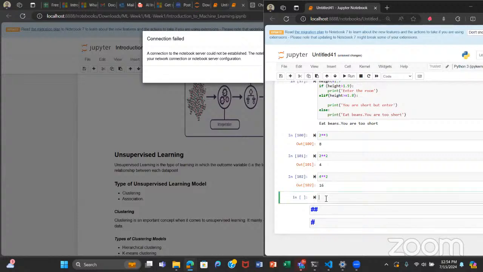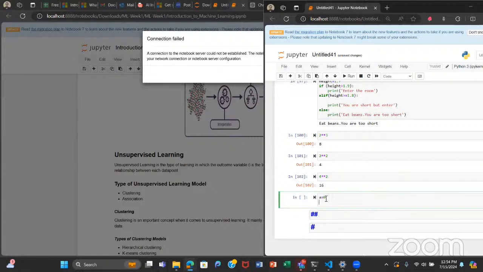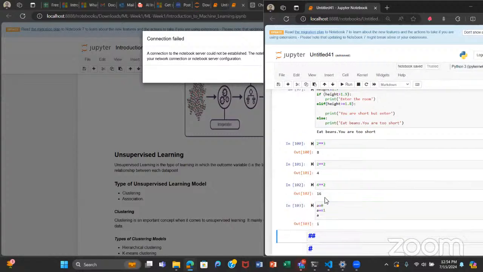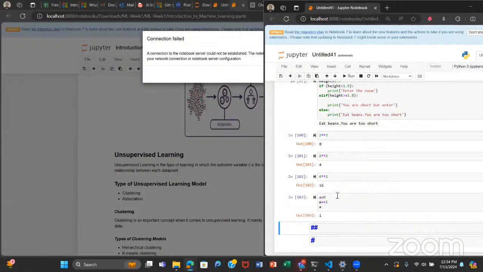Another thing is there's a really neat way of incrementing a number.